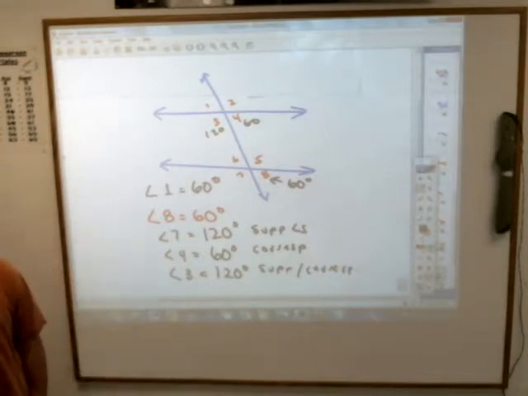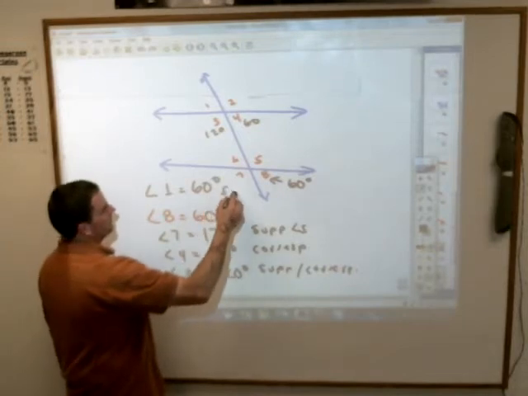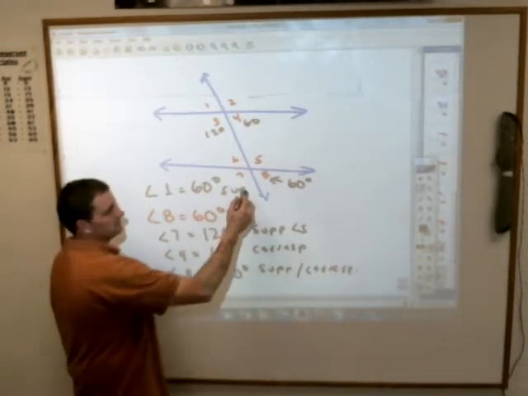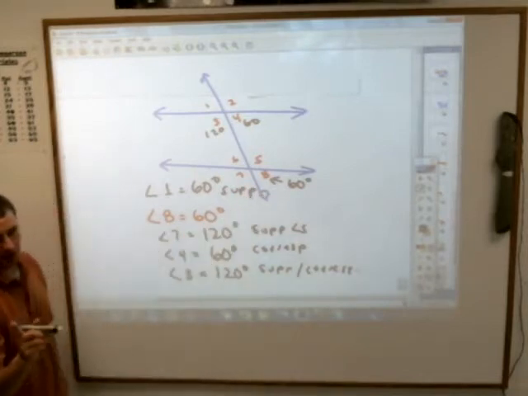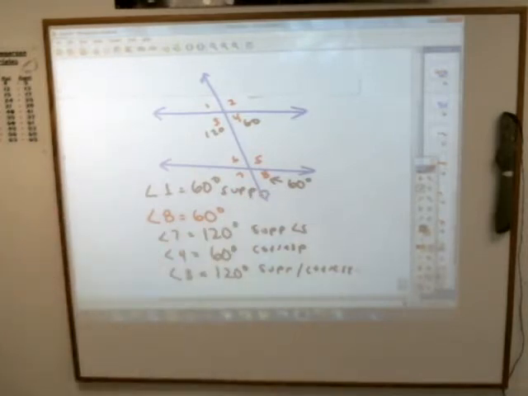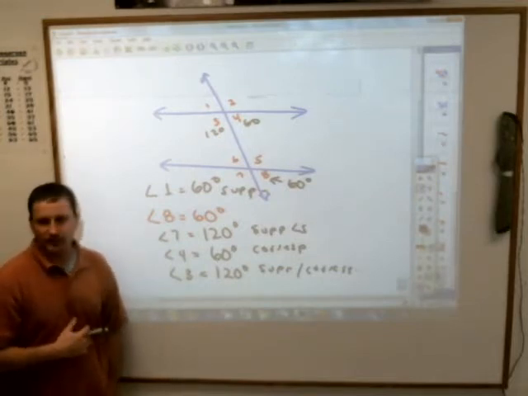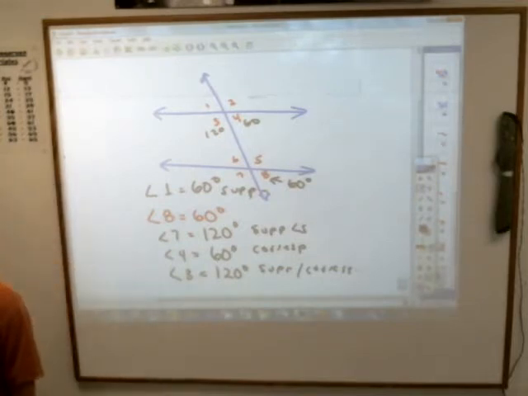But you can give me another reason. It is supplementary. Anybody want to give me the other reason? There is another reason I can give besides being corresponding. You're missing one. I'll give you a clue. It's because angle 1 and angle 8 are